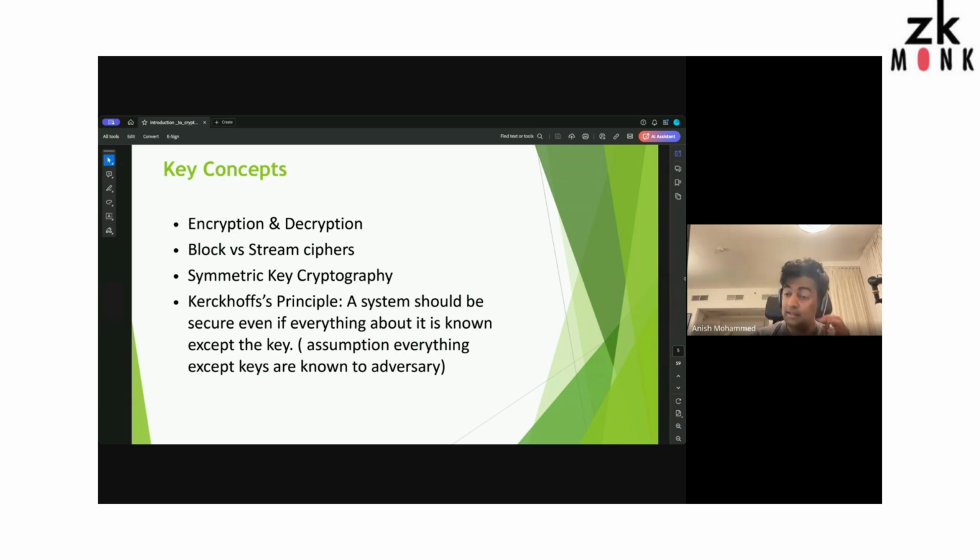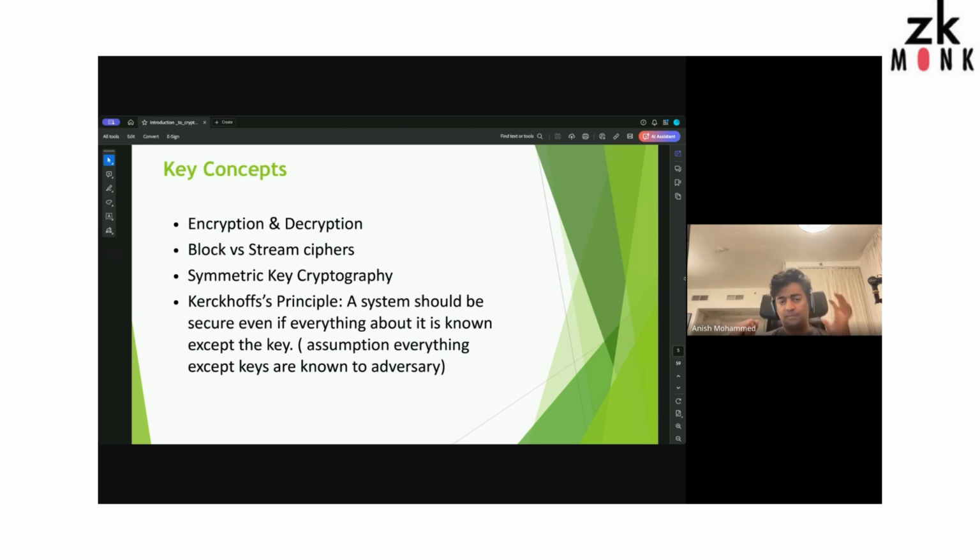Okay. And then there's two classes of symmetric key cryptography, right? Should have been written the other way around, but it doesn't matter. Okay, what is symmetric key cryptography? Symmetric key cryptography essentially means, typically speaking, the key that you use to encrypt and the key that you use to decrypt are pretty much the same, right?